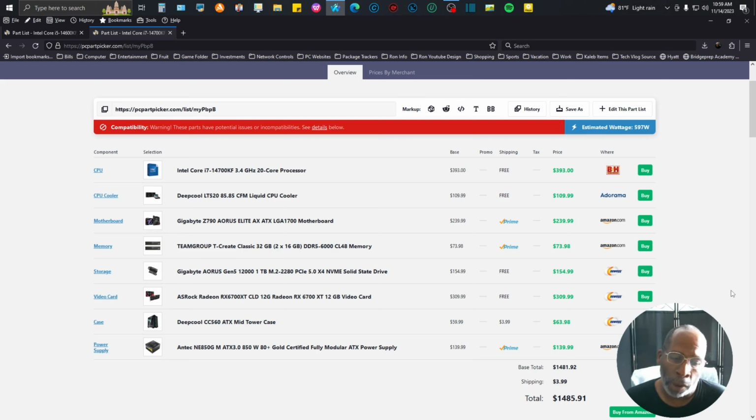$309.99. My favorite case is the Deepcool CC560 ATX. The reason I love this case is because it comes with 4 ARGB fans. It has a top vent open for the Deepcool LT520, so you can exhaust all that heat out from your AIO. And this case is coming in at $63.98. The power supply is the Antec